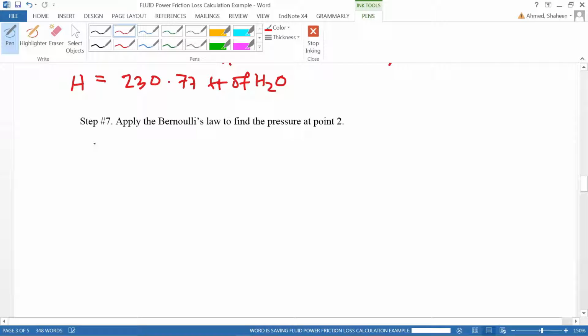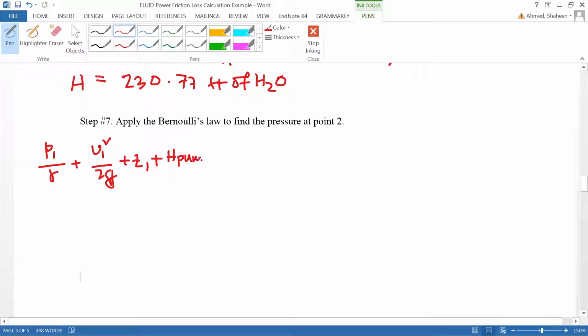The final step of friction loss calculation is to apply Bernoulli's law. So the law of energy conservation at any fluid system: the pressure head at one point plus the velocity head at that point, V1 squared over 2g, plus the elevation head at that point,